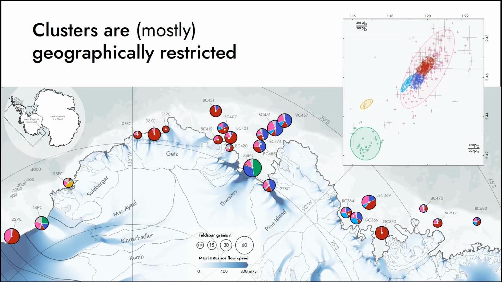Light blue down here seems to be present mostly in the Bellingshausen Sea. And then the other two are even more restricted. The yellow has only 8 grains, but they're all from just one core, just off the Sulzberger ice shelf on the left there. And the green is particularly important